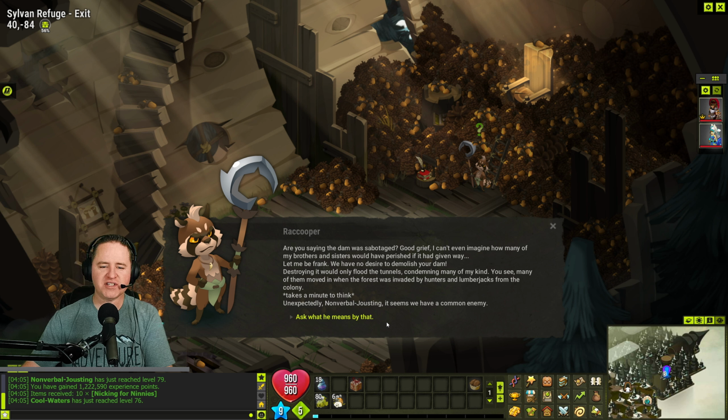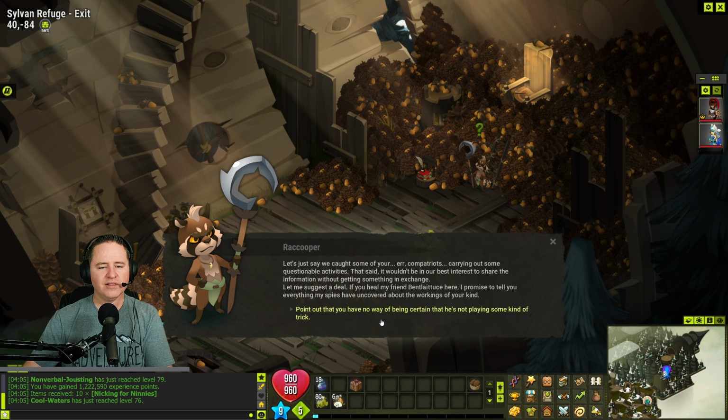Let me be frank, we have no desire to demolish your dam. Destroying it would only flood the tunnels, condemning many of my kind. You see, many of them moved in when the forest was invaded by hunters and lumberjackers from the colony. Takes a minute to think. Unexpectedly, non-verbal jousting, it seems we have a common enemy. Ask what he means. Let's just say we caught some of your compatriots carrying out some questionable activities. That said, it wouldn't be in our best interest to share the information without getting something in exchange. That sounds like a better deal. If you heal my friend Bent Laitis here, I promise to tell you everything my spies have uncovered about the workers of your kind. Point out that you have no way of being certain that he's not playing some kind